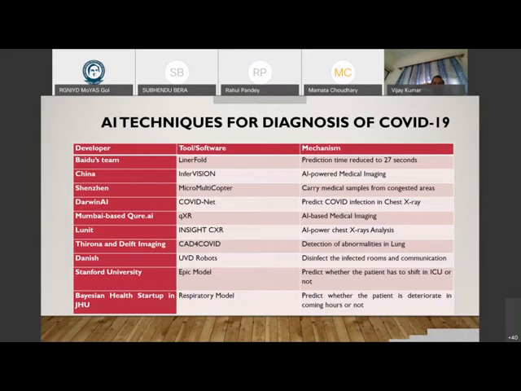Then there is DeepMind AI. In that case, COVID-Net will be there, and that will predict the COVID infection in the given chest X-ray. That is software. And the micro multicopter is hardware. Similarly, InferVision is also hardware. Next one is, for example, qXR. This is AI-based medical imaging, and we just provide the CT scan, and it will predict whether the particular person is infected or not. This is software that was developed by the Mumbai-based